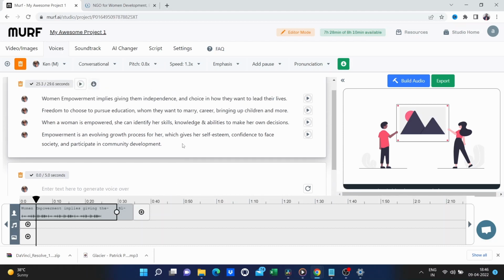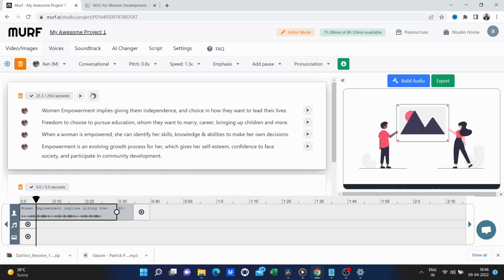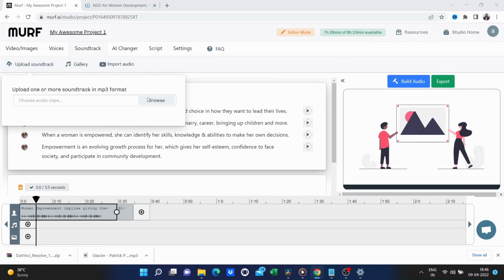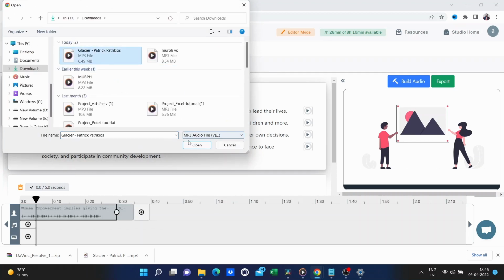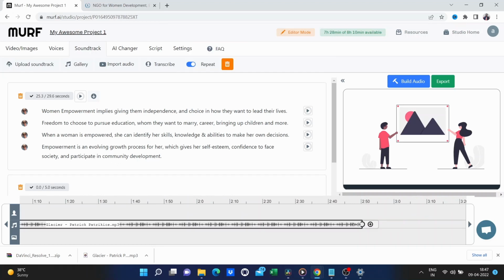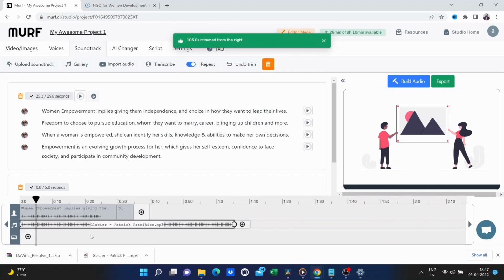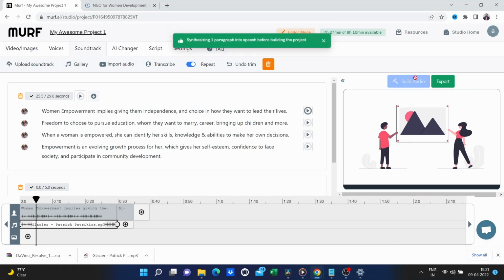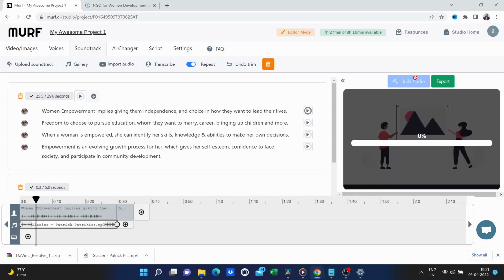I want to jump back in here real quick and show you what it sounds like finished with background music and how to add it. All you have to do is, when you're done, come up here to soundtrack and upload your soundtrack, and when it's done processing, it's going to add it down here on this line with music. It's a lot longer than this, so I can come back to the end of it here and drag it, about right here. Then after you add the audio, come up here and click on Build Audio Mod, and when you're done, you can listen to it. Since I didn't have any images or video here, it's just a black background, but we'll listen to it.